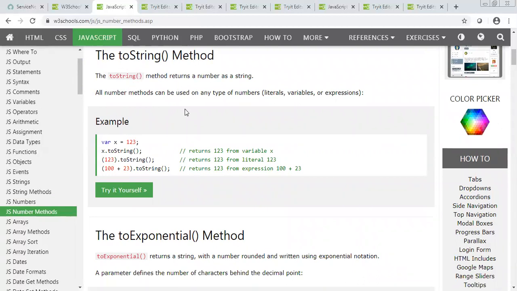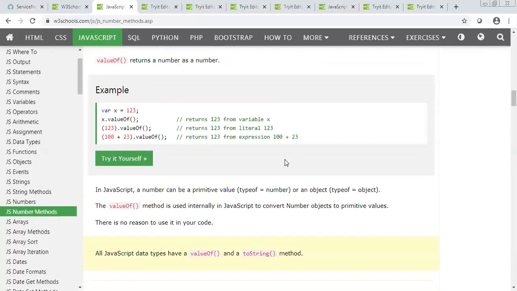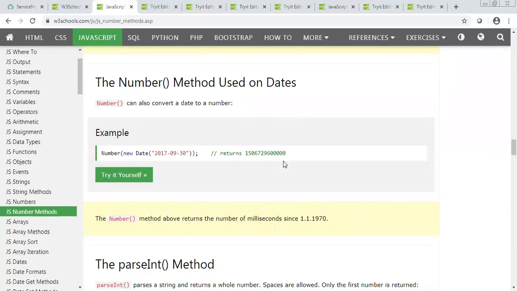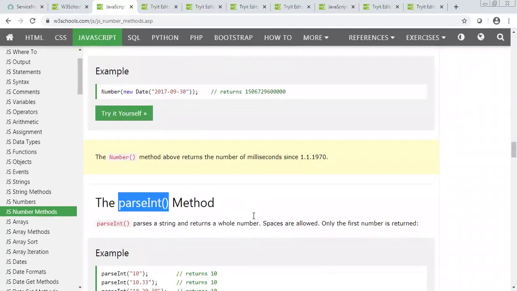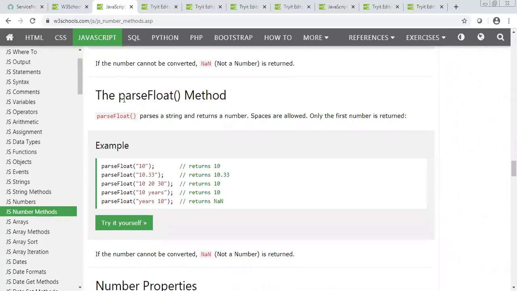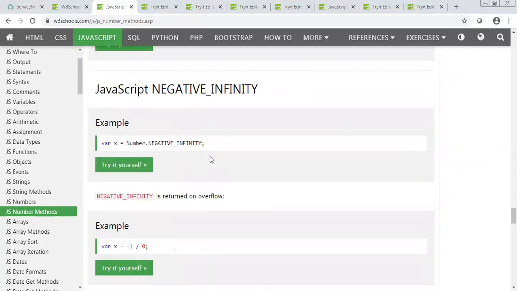You can use dot toString. So you can learn this function. Then, to convert something into an integer, like if you have 10.33 and you convert it to an integer, it will return 10. So the parse method, parseFloat, you can read. Maybe read these only for numbers for the time being.